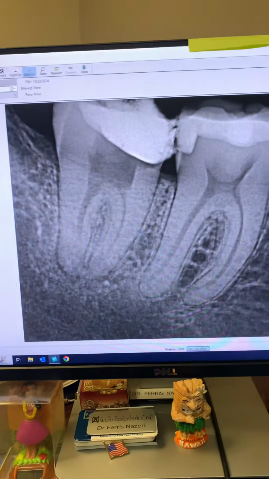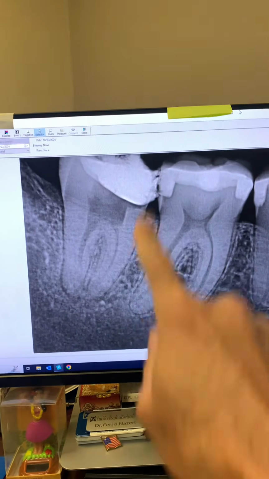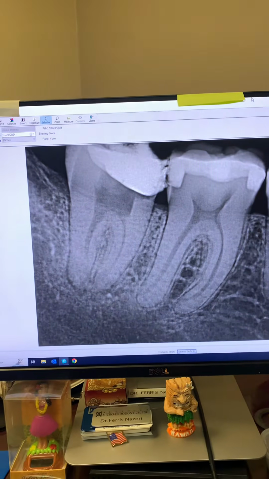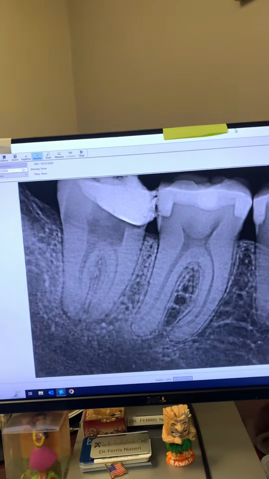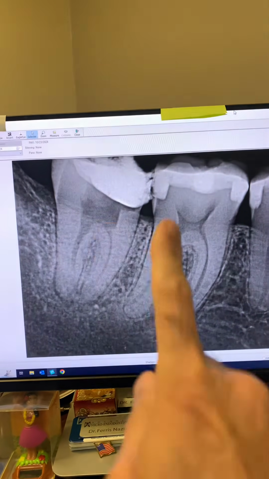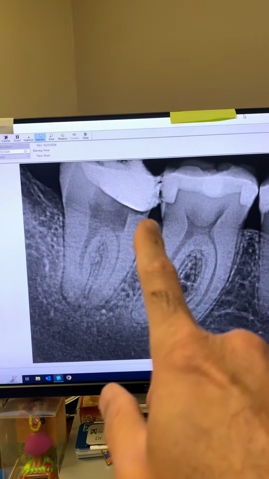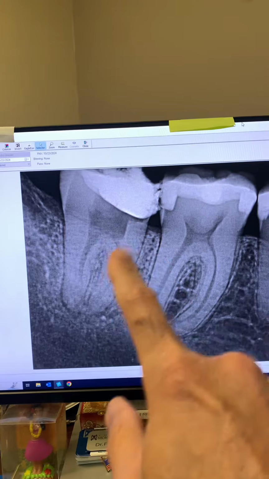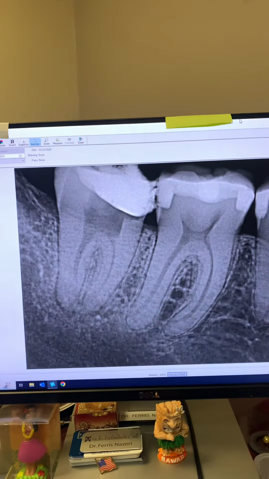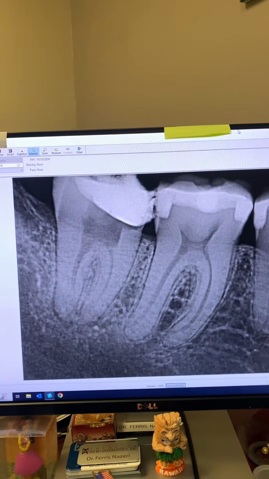This patient with severe gag reflex was referred to us for endodontic treatment of tooth number 31. I'm talking severe gag reflex. He had gone to his dentist with a lot of pain associated with tooth number 31. His dentist had tried to do the root canal for him, of course couldn't do it. Had done a pulpectomy for the patient and temporized the tooth and referred the patient to us so we can sedate the patient and do the root canal for him.